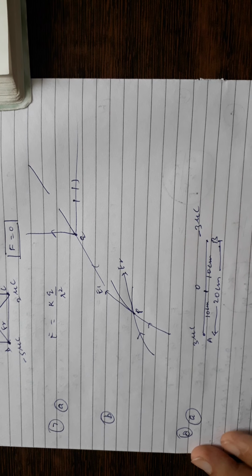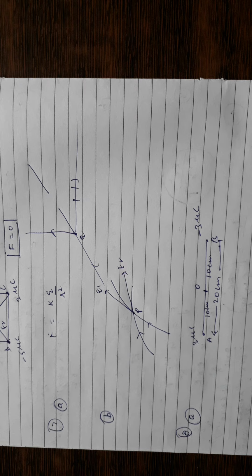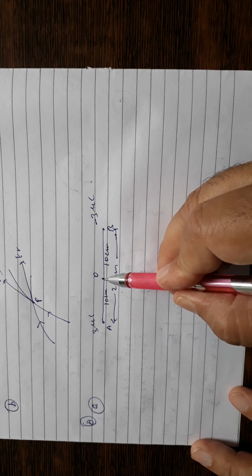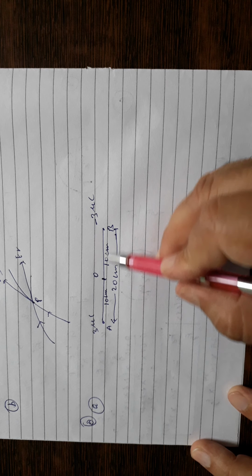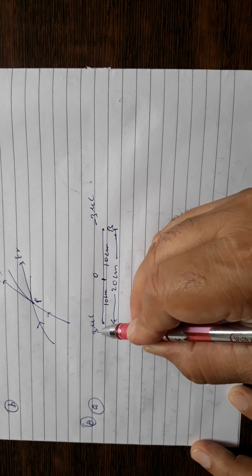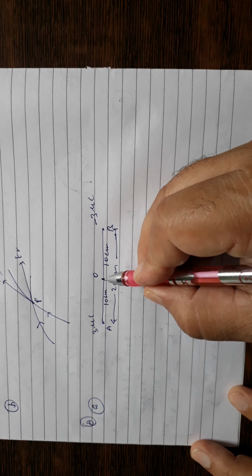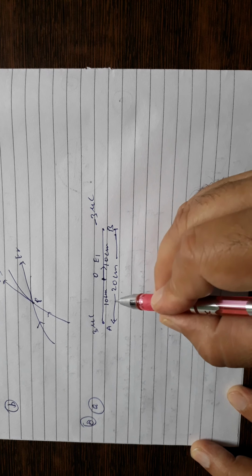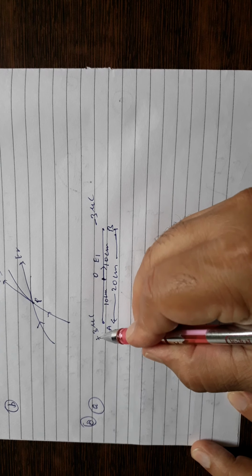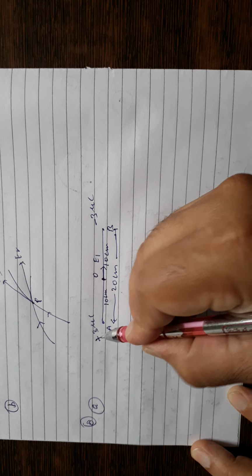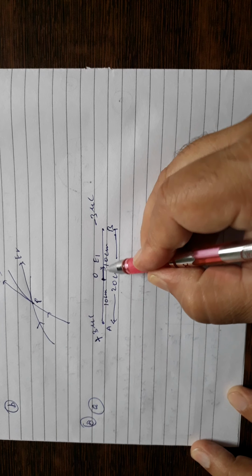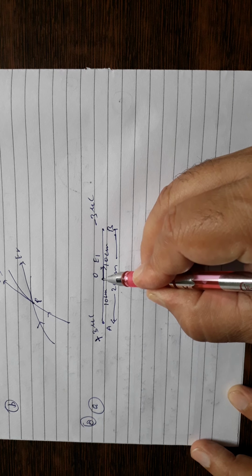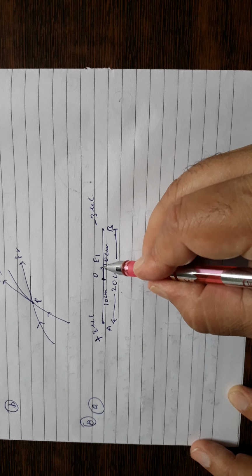So students, we have to find the electric field. This is solved using the superposition principle. What is the superposition principle? The total electric field at a point is the vector sum of all the electric fields due to individual charges. So please listen. What is the electric field due to this 3 microcoulomb at O? It will be away from it, E1. Please understand, this is very important. Due to positive charge, electric field is away. So at this point O, where we have to find the electric field, if you see in this direction, then this is the direction away.